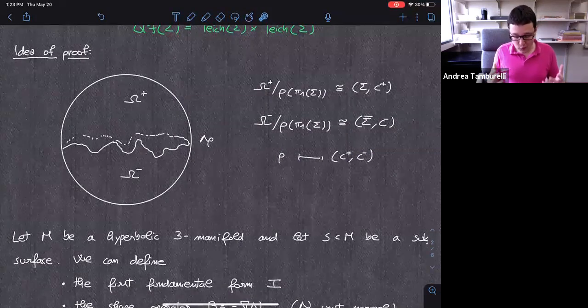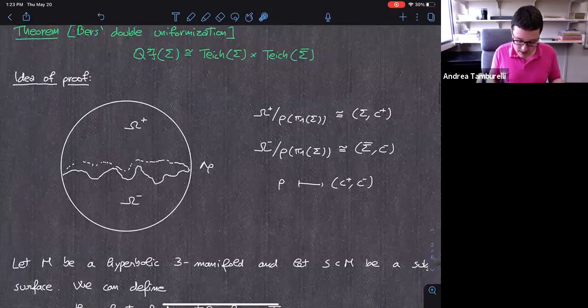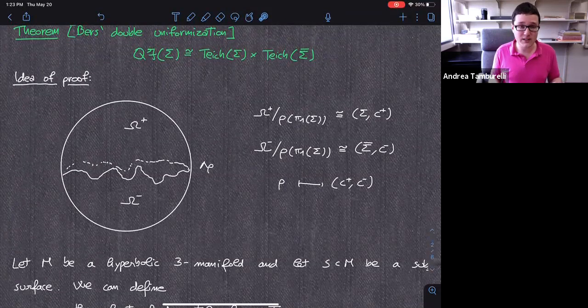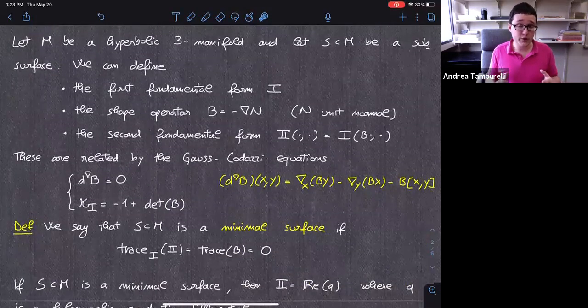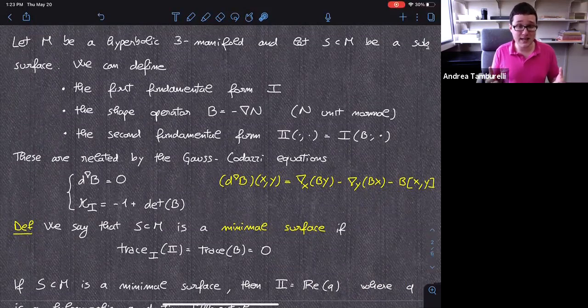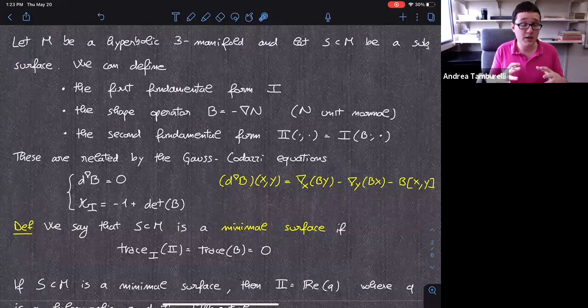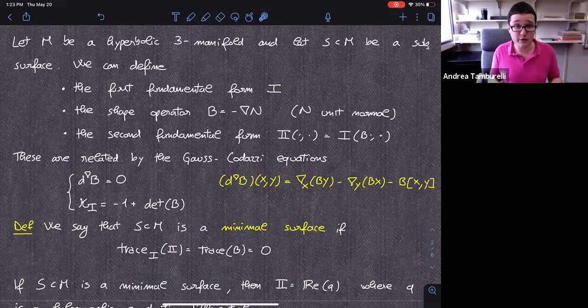So we're actually interested in a special class of quasi-Fuchsian 3 manifolds that actually behave better in terms of surfaces that live inside these hyperbolic 3 manifolds. So let me recall some basic facts about submanifold geometry, so the geometry of submanifolds inside a Riemannian manifold. We're mostly interested in the case where the ambient space is a hyperbolic manifold. So M will be a hyperbolic 3 manifold, and I want to study the geometry of a surface